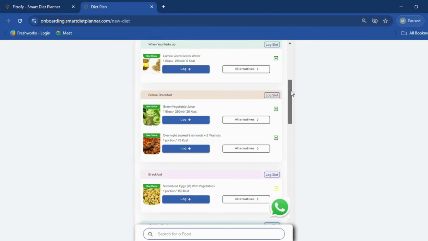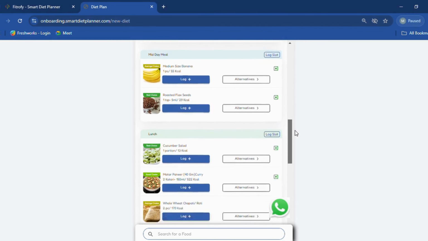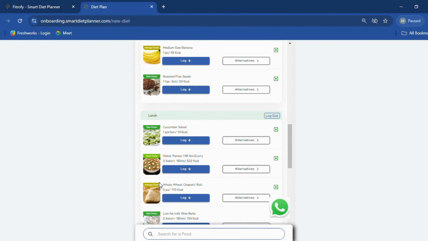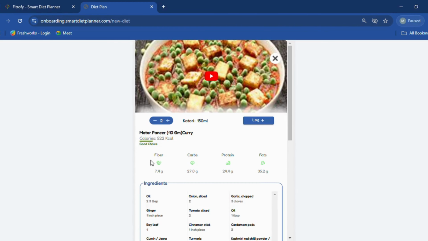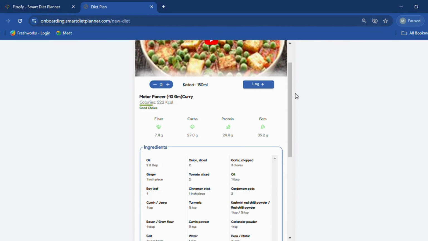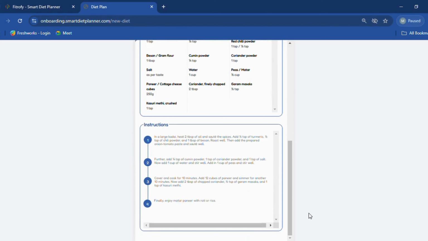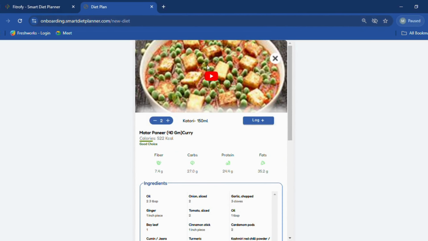Third thing, the recipe information. Say I want to make Matar Paneer and I don't know the recipe, so I can click on this image of the Matar Paneer. It will give me certain details or an overview of this option, as in what the macros are, the ingredient list, and the instructions, as in how I have to cook this particular recipe. And by clicking on this YouTube button, I can go to the YouTube link and the video will start. So I can see through the video how this recipe has been prepared.